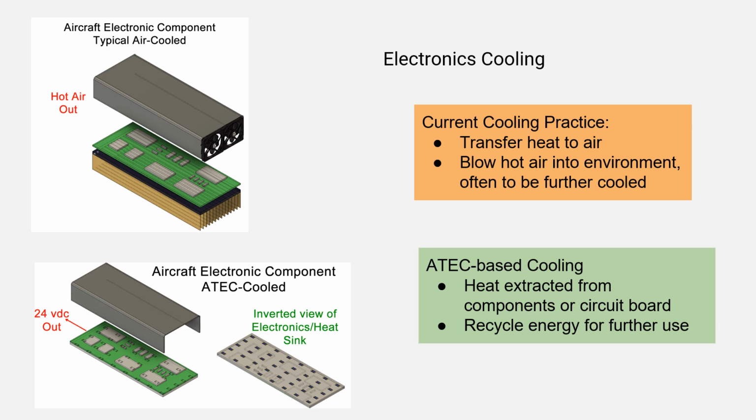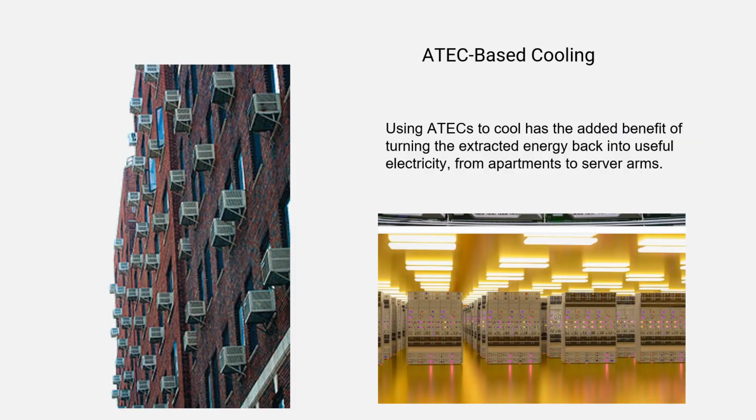Using heat sinks and airflow to cool electronic devices is bulky and wastes energy. The first stage of improvement is to mount and wire ATEC devices to the back of PC boards to convert heat into electricity, then feed the electricity back into the power supply. The second stage is to build ATECs into hot chips, such as processors. On a larger scale, ATEC-based cooling for air conditioners and server farms will move these facilities to net zero energy